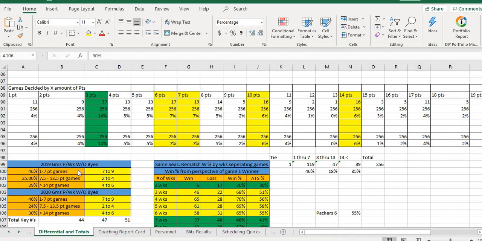So if you're not familiar with key numbers, when you're placing bets, key numbers are the numbers that tend to separate games most. Meaning at the end of the game, the teams were separated by 7 points, 3 points, 10 points, winner from loser, things like that. As far as the key numbers for 2020, the biggest key number was a 3. The amount of games separated by 3 points was actually 14% of the games. So we have 14% of the games separated by exactly 3 points.